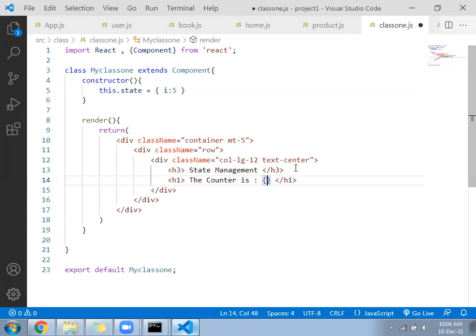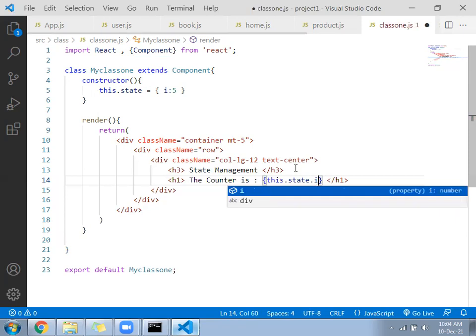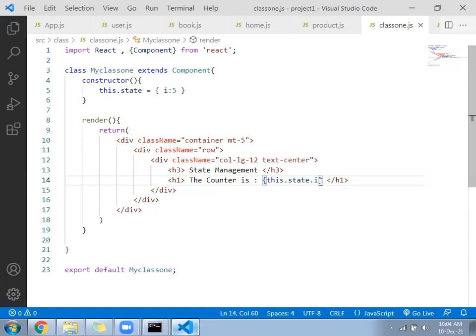State is a variable, inside that you have i, and state is the member variable of the class. So you will call this.state.i. Inside the state array, there is a key that is called i. You are trying to call that. Save now. You will find it should work well.